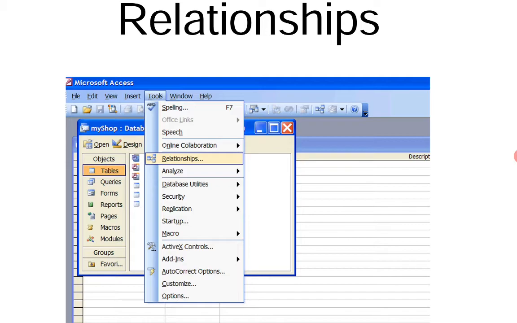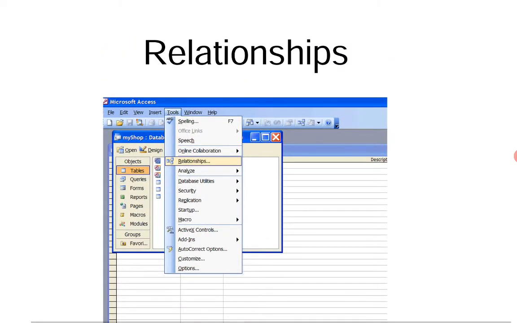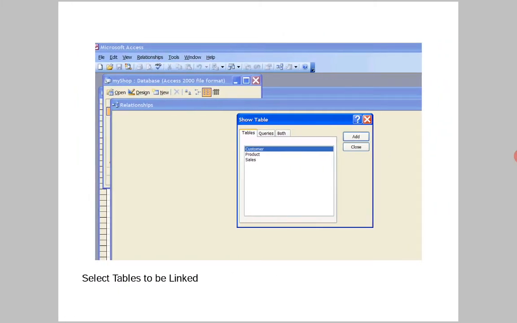So how do we create relationships? This is Office 2003, or Access 2003. In the Tools menu, choose Relationships; relationships can also be created with a wizard. This window shows how to create relationships.